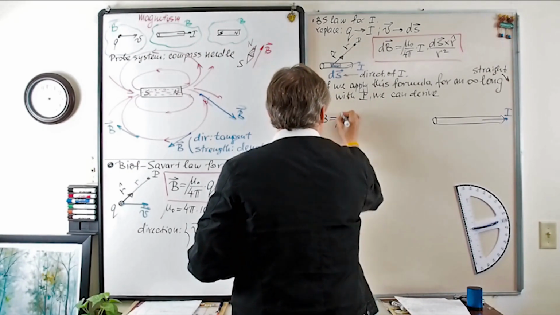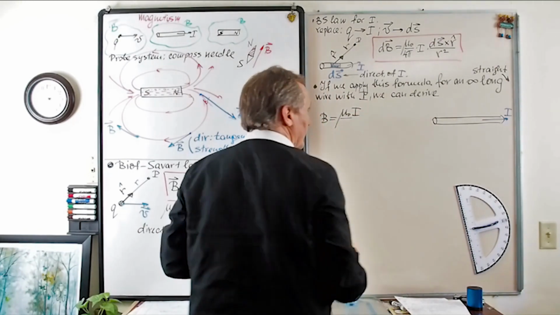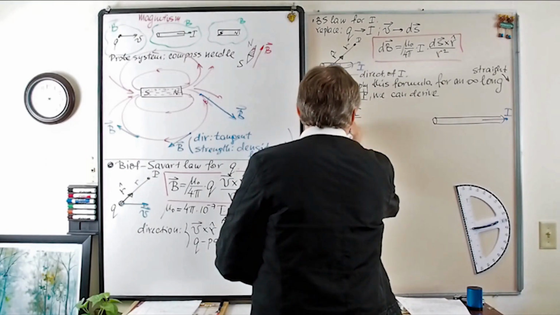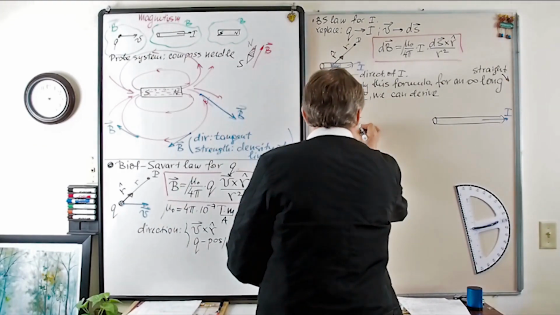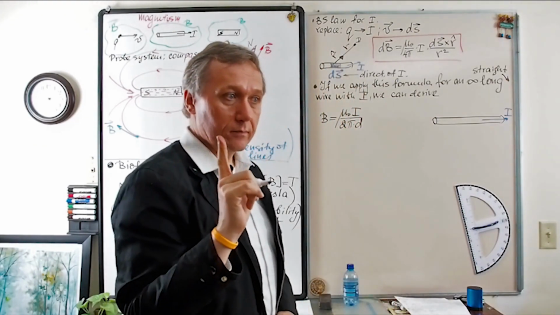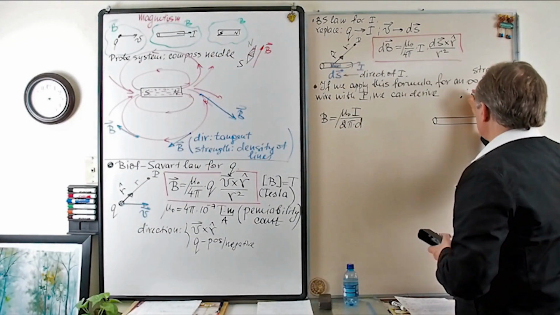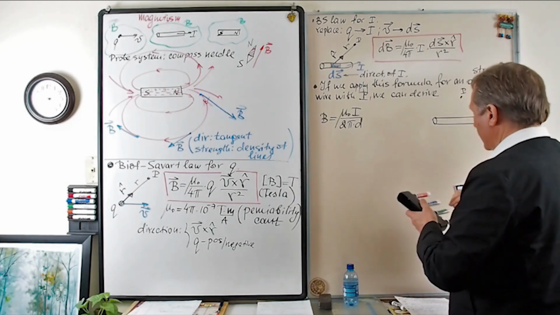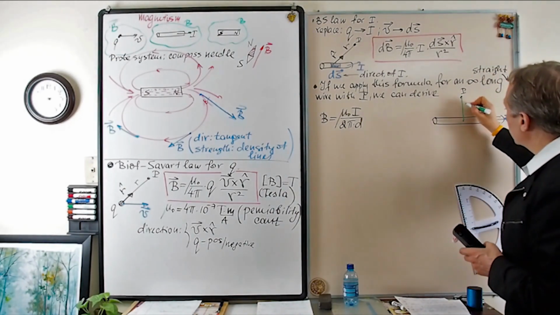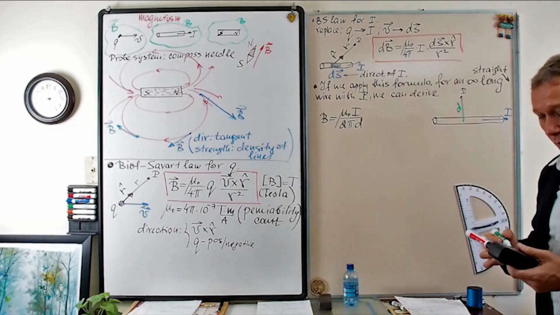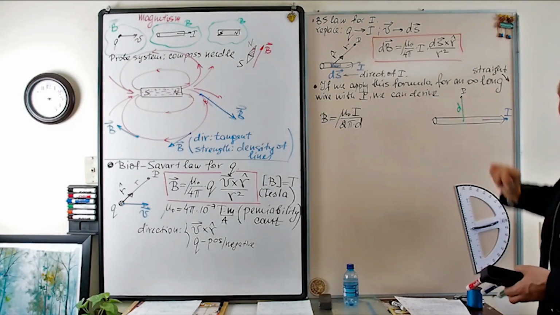So I will just write the formula. B equals mu naught, our newly introduced constant, times the value of the current, and divided by 2 pi. In this case we used R or D? D. Okay. 2 pi D. What is D? Here you need to know what does D mean. So let's say you want to find magnetic field at this point P. So D is distance from the center of the wire to the place where you want to find the magnetic field. So that's what D is. It's a perpendicular, or the shortest distance from the center of the wire to the point where you want to